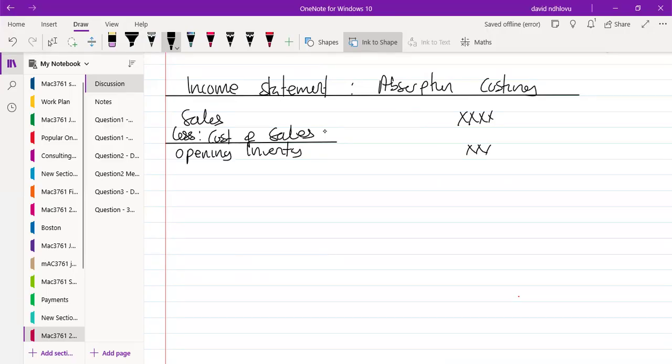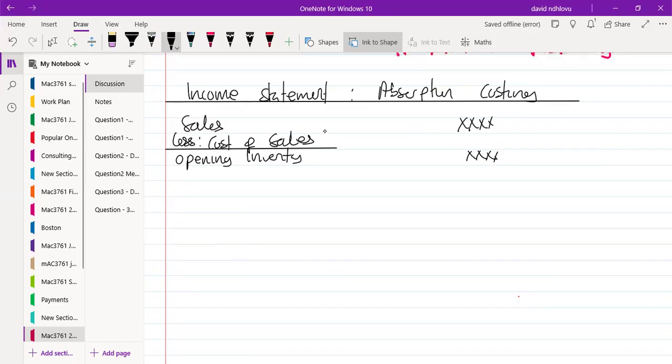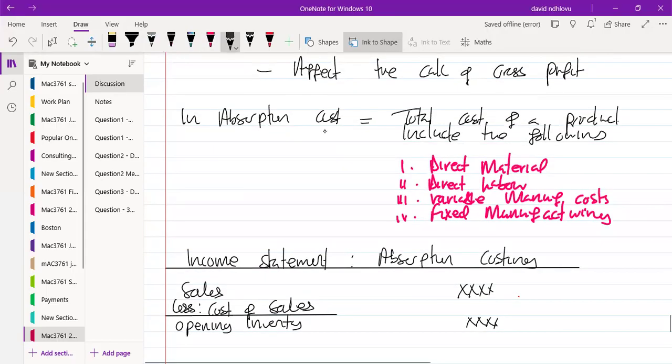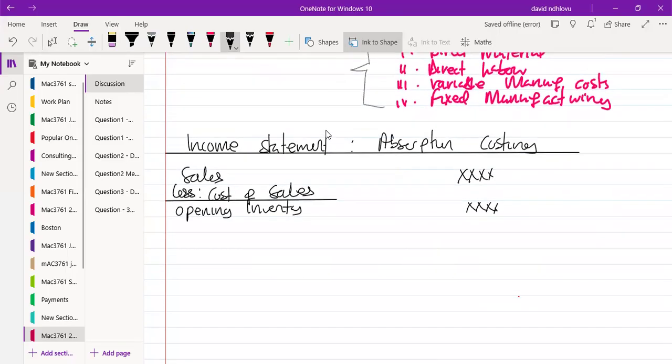Right, whatever the figure is, and remember, it must include all these things when you're calculating your opening inventory, including the fixed manufacturing cost. Then from there, you now add your manufacturing cost. So which means you add the direct material, the direct labor, the variable manufacturing overhead, and you also add the fixed manufacturing overhead, right? You add what is called an applied cost,